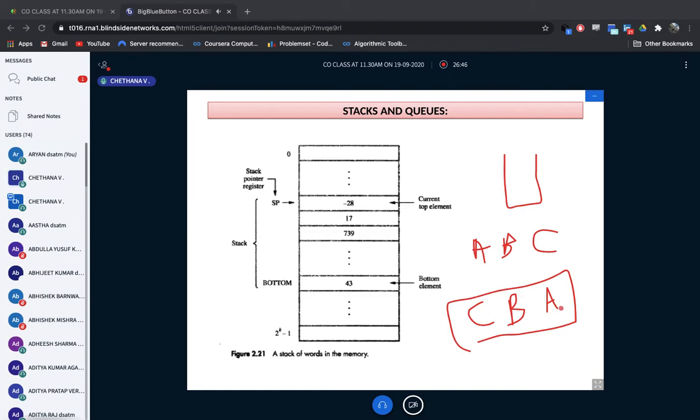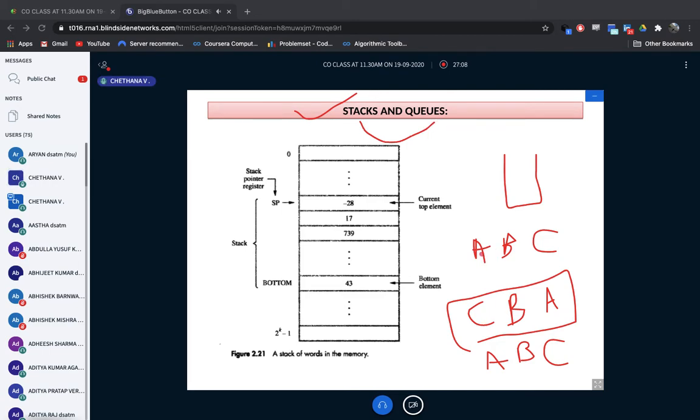Okay, so next time, sometimes what happens, A I have first read, I'll keep it here. Then second B, next to C, I can keep it in some order, isn't it? I have to store the data in some order. For that purpose only, they have used some data structures, for ordering of the data. How to order? Two types: one is stack, one is queue.